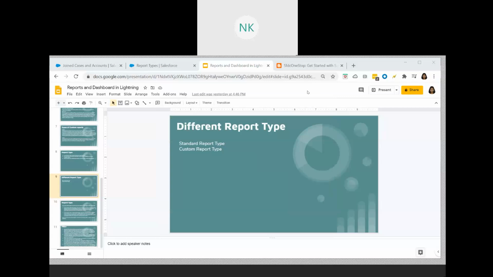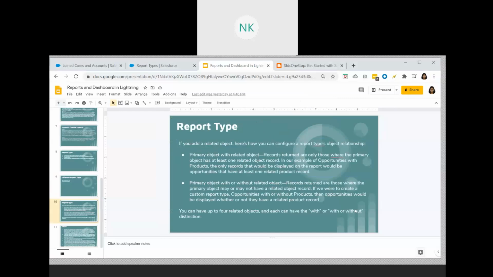In today's session, we'll talk about custom report types. Salesforce has provided a lot of out-of-the-box standard report types, but at times you may need to build a report for more than two objects, and you may have to do it based upon your business requirements. So that's where these custom report types help us to build a report that can pull the information from more than two objects. Now let us see how we can create a custom report type in Salesforce.